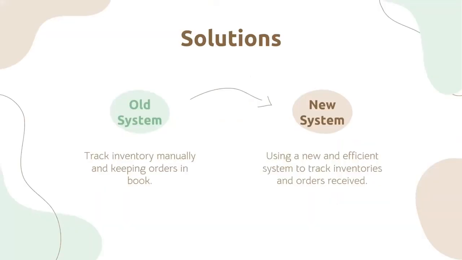So the solution is that I want to develop a system to help the center convert their old system to a new system. In the old system they still track their inventory manually and keep orders in a book. So I decided to develop R-Valet, for them to use a new and efficient system to track inventories